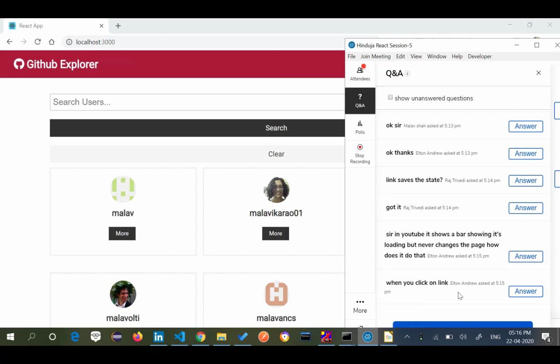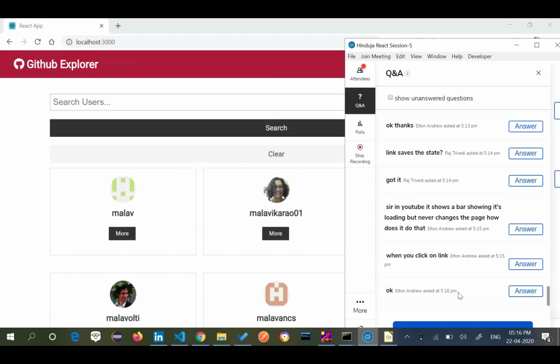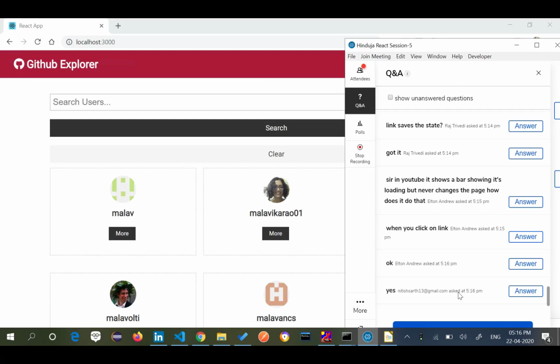Okay, so is everyone clear on that point? Can I get a quick confirmation that React Router is very much clear to you, and I can go ahead?